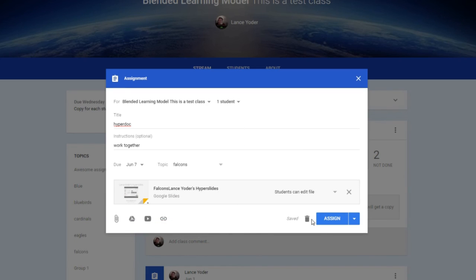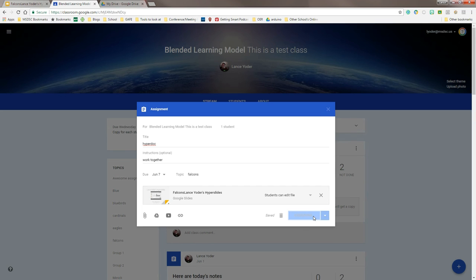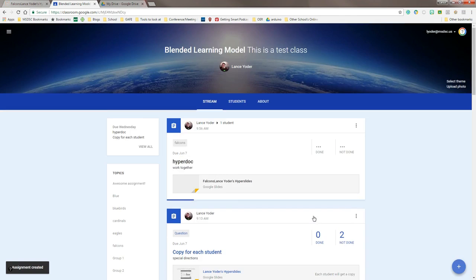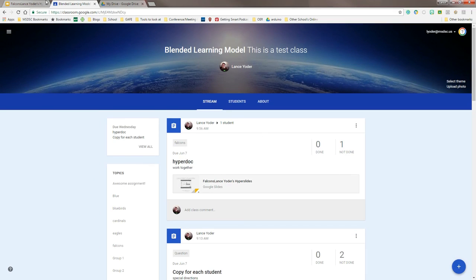All right, so that's my first group, and I could assign this. I could save it as a draft. Either way, it's going to work. I'm going to hit assign. Those students get that. Okay, for my next group, then what I could do is I could possibly go back